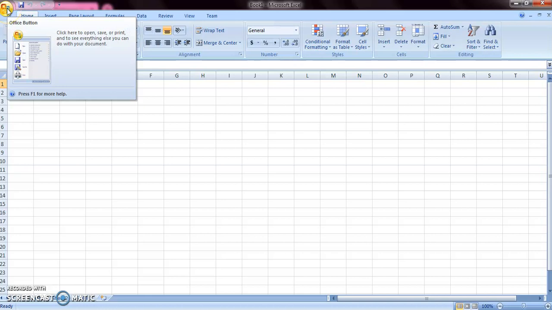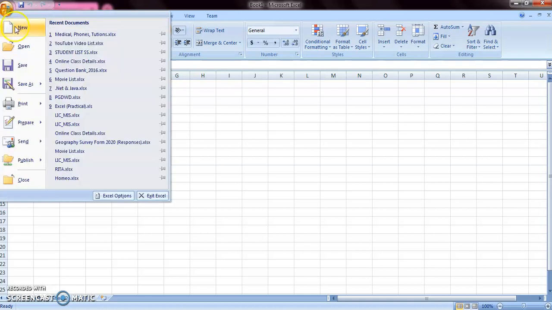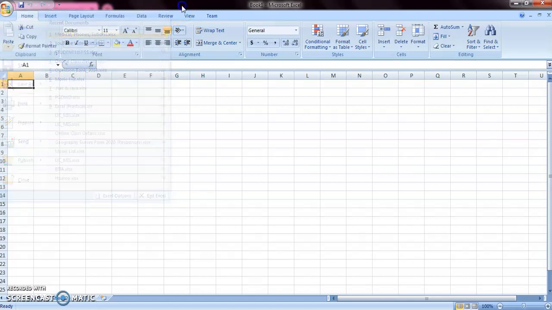When you click on the Office button, you can see New, Open, Save, Save As. These are all the same, just like MS Office Word or MS Office PowerPoint. And then there is the next option, that is Quick Access Toolbar, which provides the same default options like Save, Undo and Redo to perform quicker tasks.